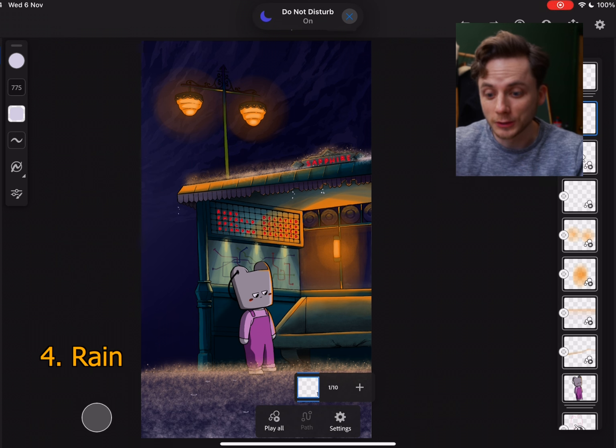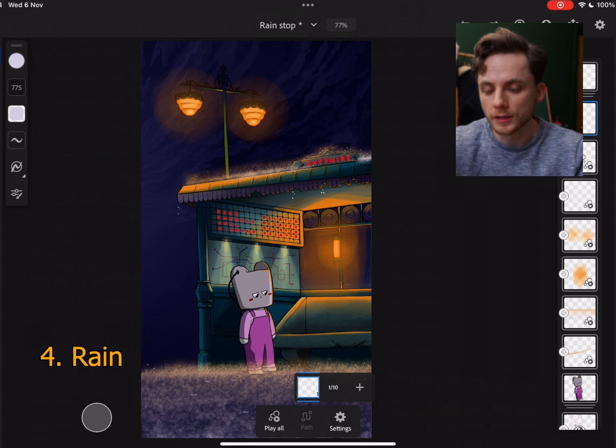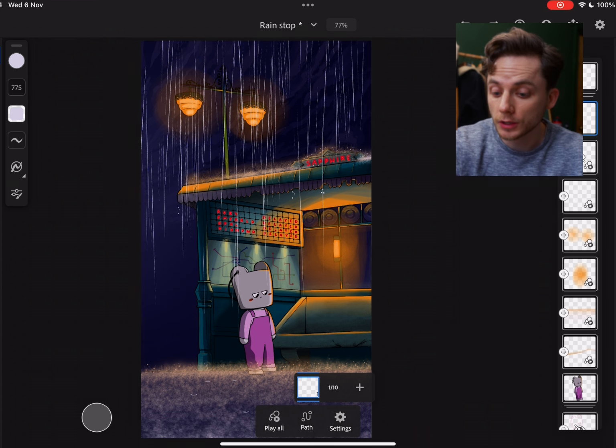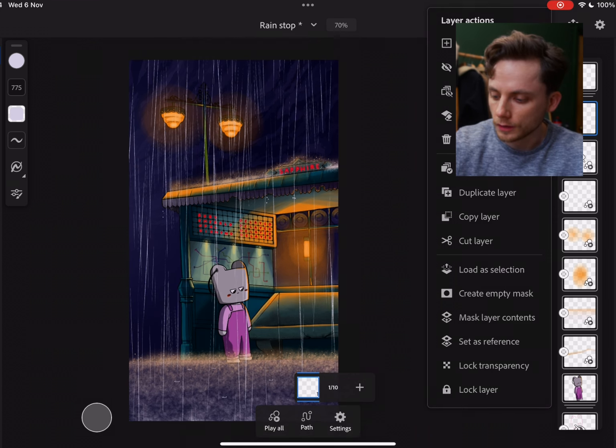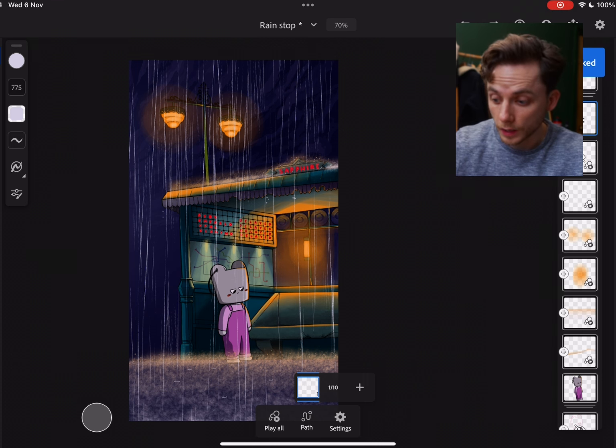And then the final one, which is the obvious one, it is the rain itself. And to be honest, I just found a brush that does rain. So I'm just going to paint that across. The little secret sauce that I'm going to do to this as well is, again, lock the